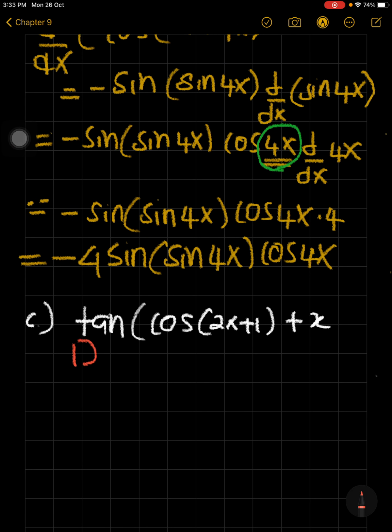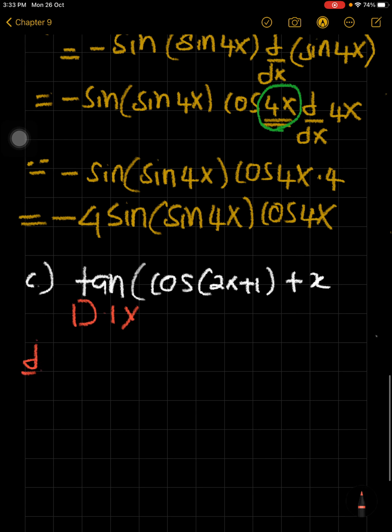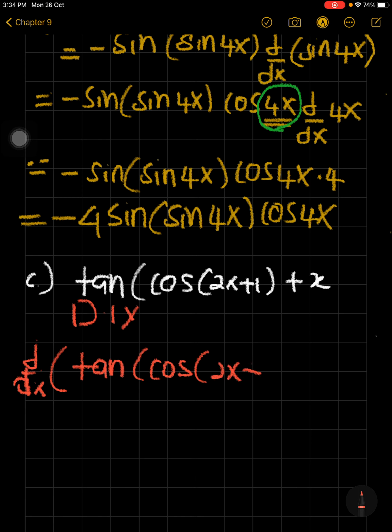Ini DIY sebenarnya, tapi Madam tunjuk sikit. Okay, so bila you differentiate d dx tangent cos 2x plus 1 plus x. Okay, x tu tak apalah, 1 kita tahu. Bila differentiate tangent, you dah tengok lah formula. Tangent, you got secant square. So secant square